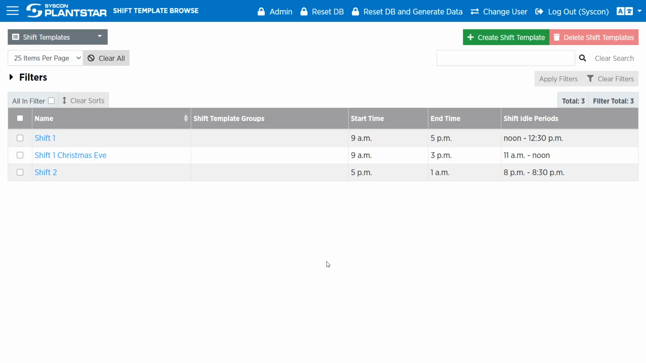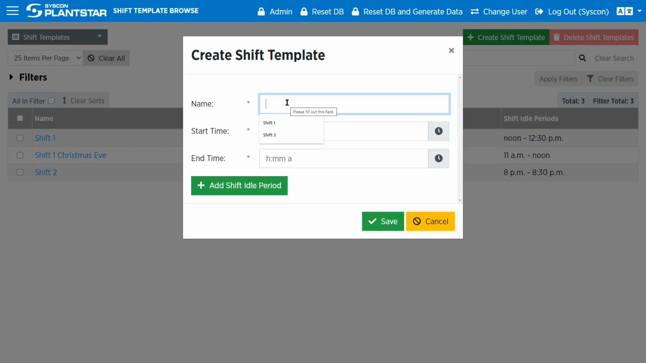Shift templates are used to create the actual shifts later on. To create a new one, click the green button in the top right corner, and you can give them a name, a start time, and an end time. And I've already got a few over here, but I'll just go through this as an example. So I have shift 1,